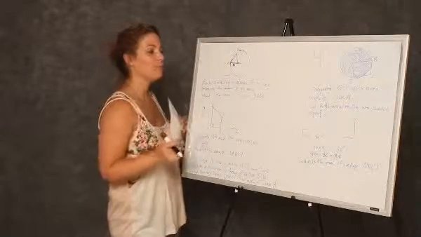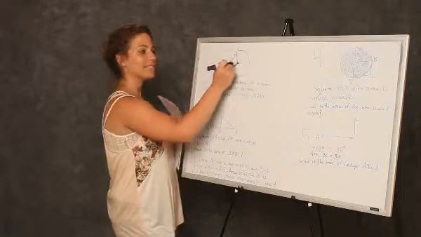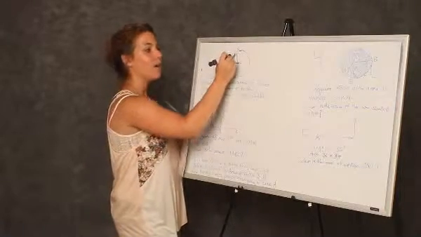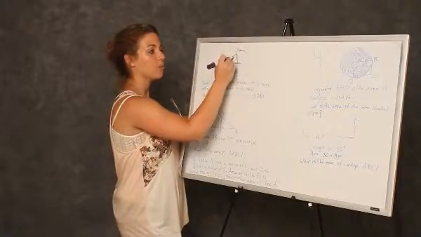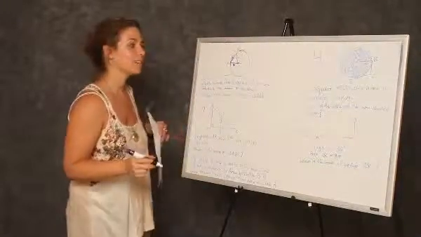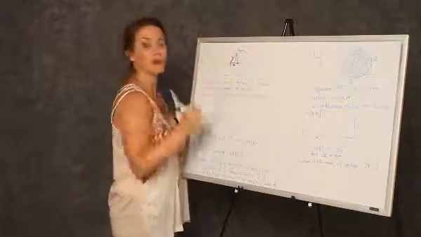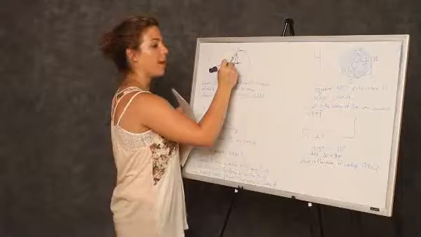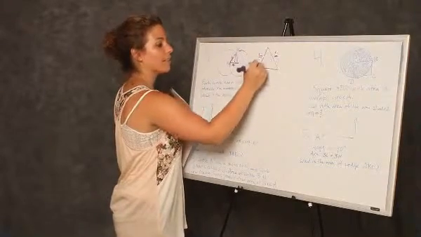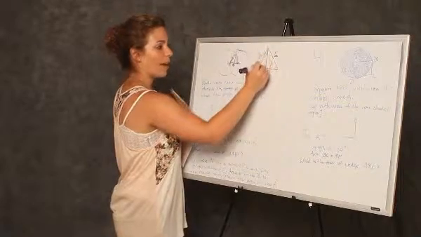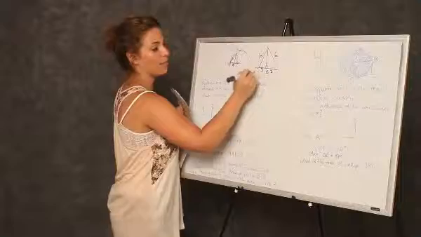So if that represents 6, what we now want to know is that since each of these circles is identical, what we have is an equilateral triangle. So all 3 of these sides are going to be 6. So now what we need to do is find the height. So if we drop down in altitude, we now have a triangle that looks like this. Our altitude makes a right angle and it bisects the base, so we have 3 and 3.